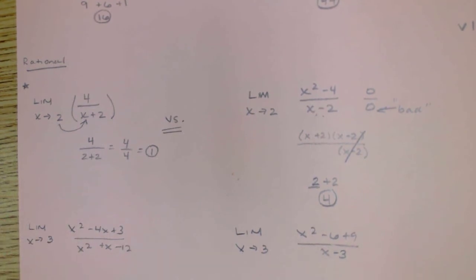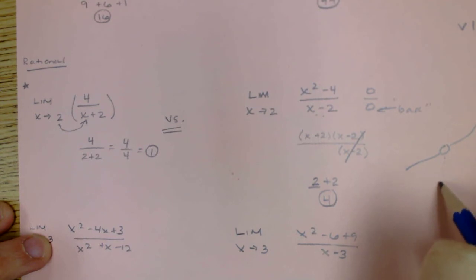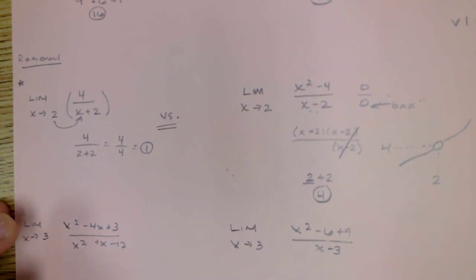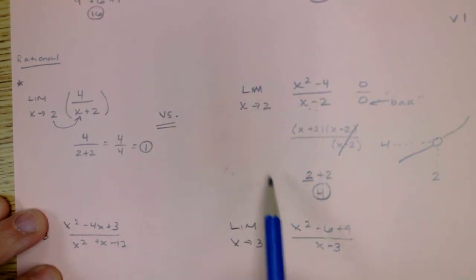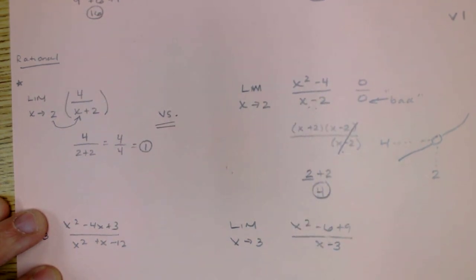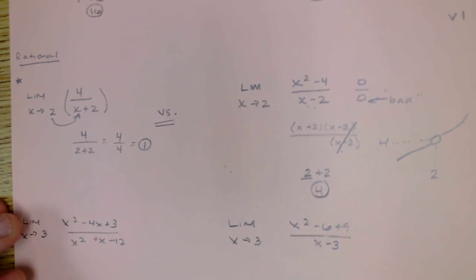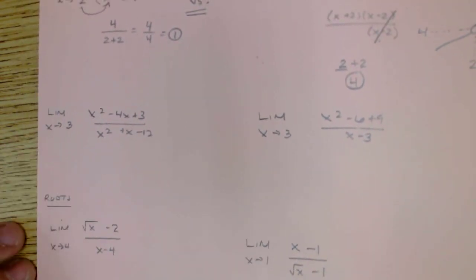But the connection that we also need to make is, while we're answering the question, this graph is going to come along, hit a hole, keep going. Where is the hole at? 2. What is the expected y value at that hole? 4. That is the definition of the limit. So keep all that kind of algebra that we've always done involving holes of rational functions in mind. Any questions on that? All right, so moving down to the next example,